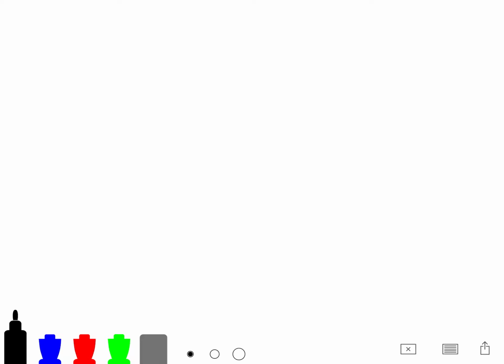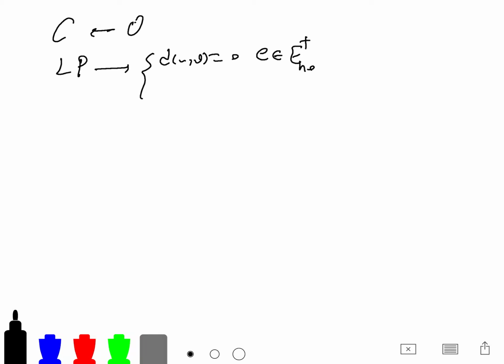The last thing I want to say is the algorithm. The algorithm is like this. First, start with an empty set, and then you let D be the LP solution. You solve the LP with the additional constraint. As I said, D of U and V is 0 if E is a heavy edge, and D of U and V is 1 if E is a heavy edge but is negative. And then while X contains SI and TI,